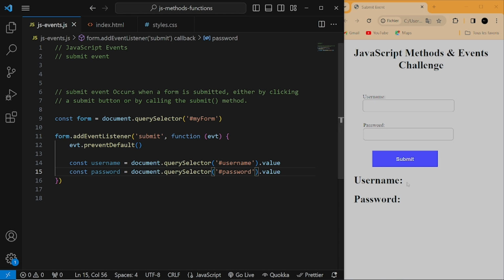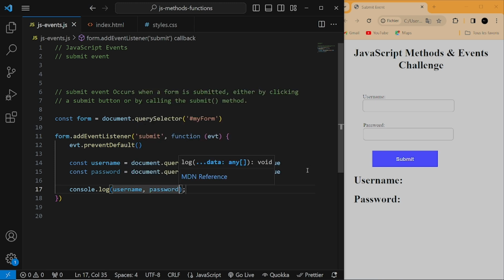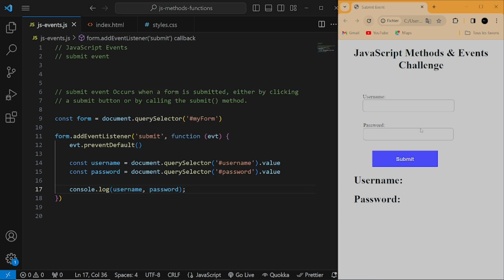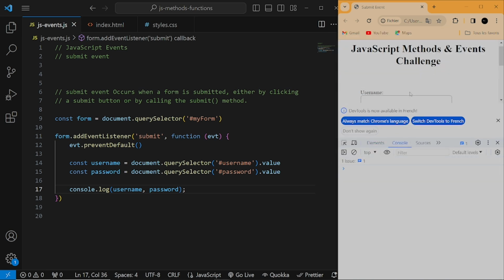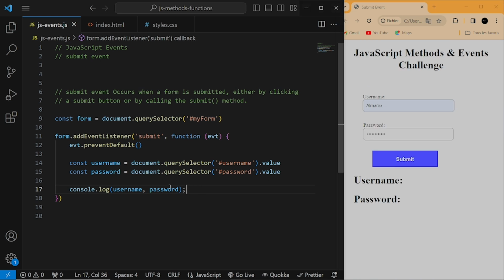Before we actually place the element right here, let's see what we'll be getting in the console. I'll go with console.log of username and then password. Refresh the web page, navigate to my console, and now I will try to add some values, and immediately I click on this button, we should get something in the console. We have the name and we have the password. Life is great. Now that we are able to get something from the input,